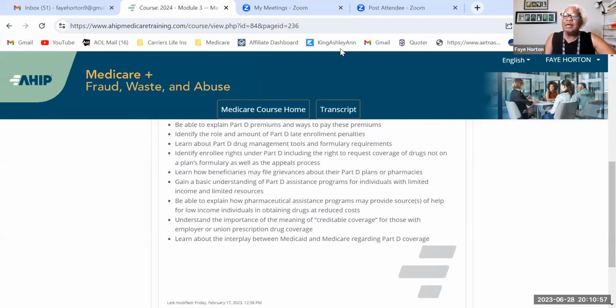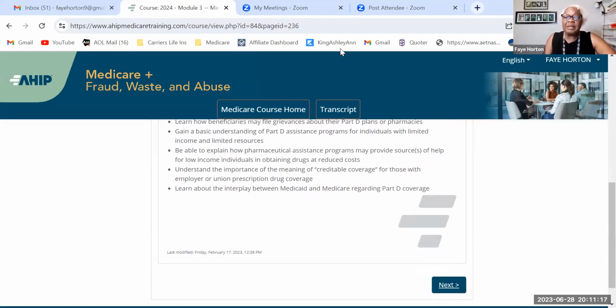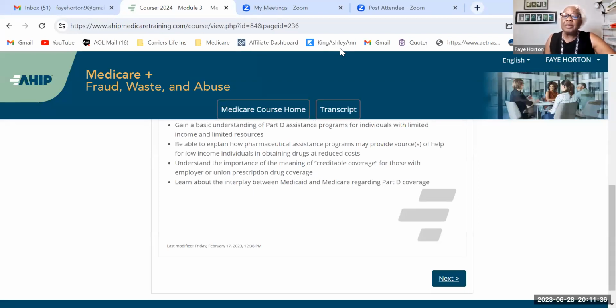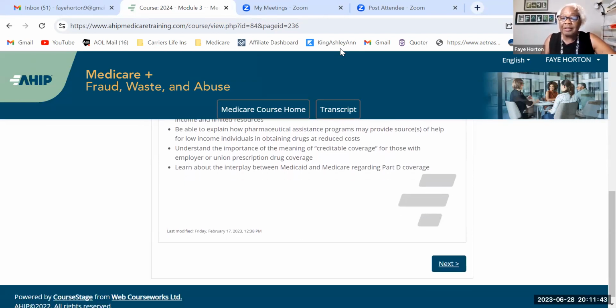including the rights to request coverage of drugs not on a plan's formulary, as well as the appeals process, learn how beneficiaries may file grievances for their Part D plans, gain a basic understanding of Part D assistance programs for individuals with limited income and limited resources, be able to explain how pharmaceutical assistance programs may provide sources of help for low-income individuals, understand the importance and meaning of creditable coverage, learn about the interplay between Medicaid and Medicare regarding Part D coverage. It's a lot to learn tonight,